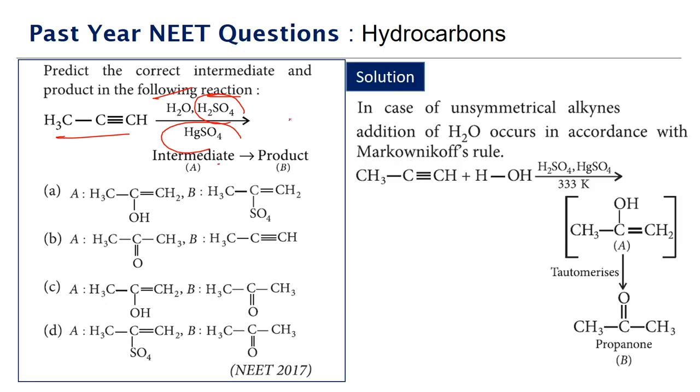So here, if you look at this, this is the addition of water. To the alkyne we are adding water, and when water is added to the alkyne, it will follow the same Markovnikov addition rule, which means what? We have to add a hydrogen and an OH group. Hydrogen goes to the carbon that already has more hydrogens, so it will go here, and the OH group will go to the other carbon.